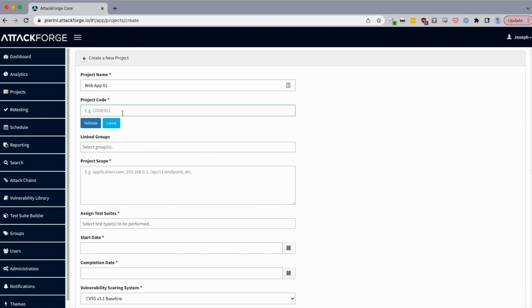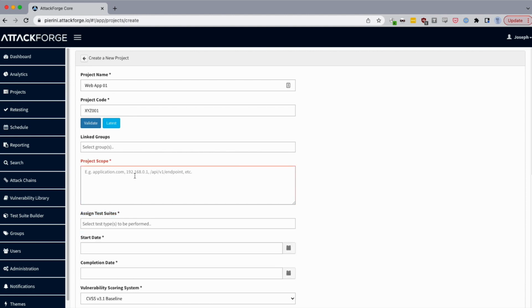We'll call this company XYZ 001. Validate means I haven't used it before. Okay. Project scope, I can put in, looks like IPs, domains, specific URI. Assign the test suites. I can do a start date.